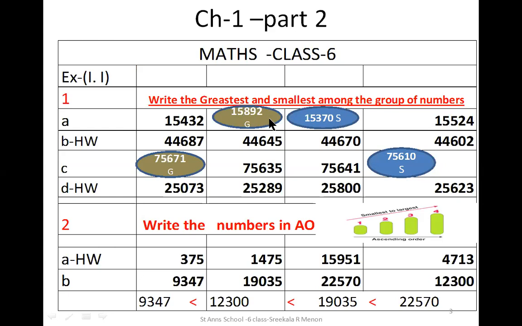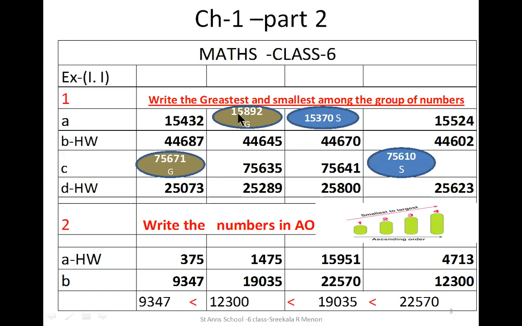By using our previous concepts, the first day we learned about 3 rules. The first rule says to count the number of digits. Here, all the numbers have the same digits. Hence, we cannot apply the first rule. The second rule, look at the highest place value. All numbers have the same place values. The highest place values are the same. So we cannot apply the second rule. Go for the third rule.